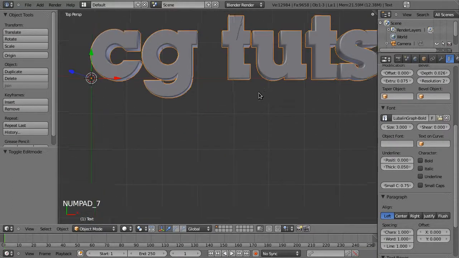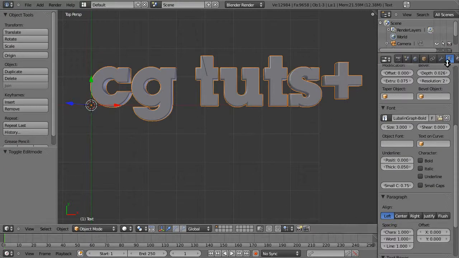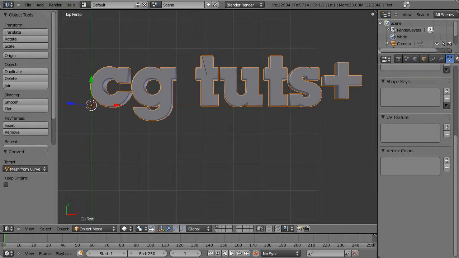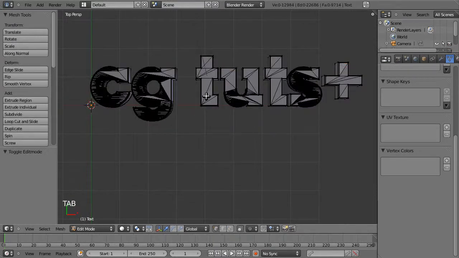next step, we want to add a particle system to it, but we can't do so. There's no particle system we can add to a font in Blender, to a text object, so we need to convert it to a mesh. You can do this by hitting Alt-C and choose Mesh from Curve, MetaSurf Text. And now you can add the particle system, but let's first have a look at the mesh structure, and